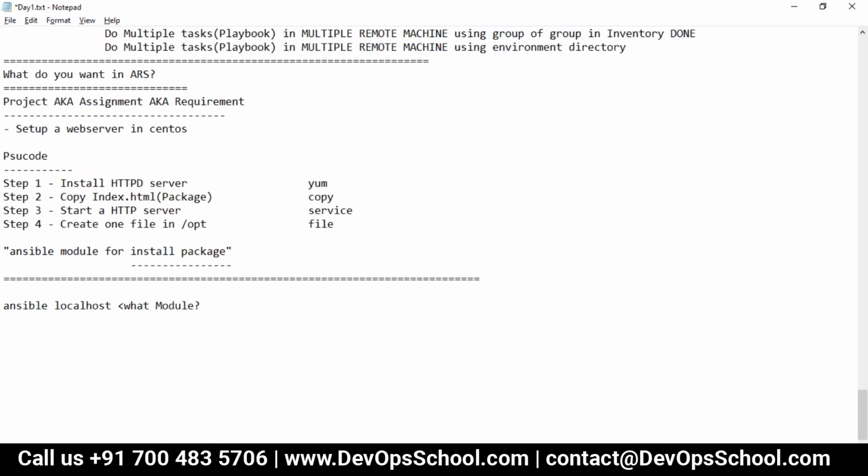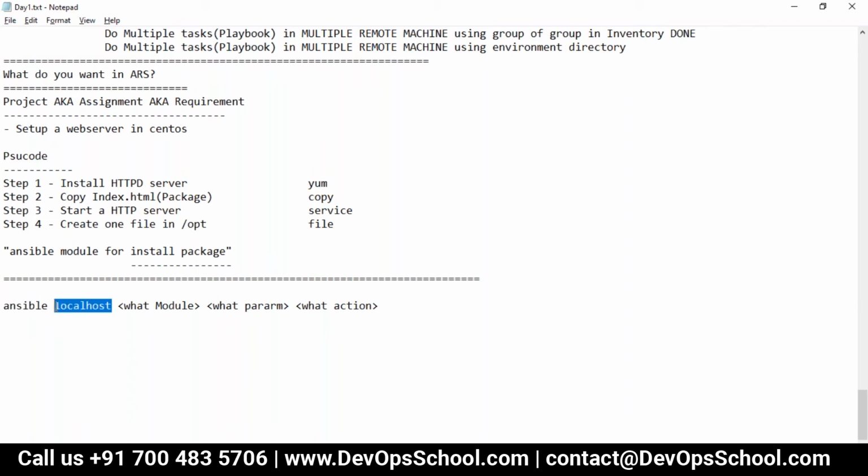Think, what module? What parameter? What action? Action is also a parameter, by the way. What module? Okay, so I decided Ansible is an ad hoc command.